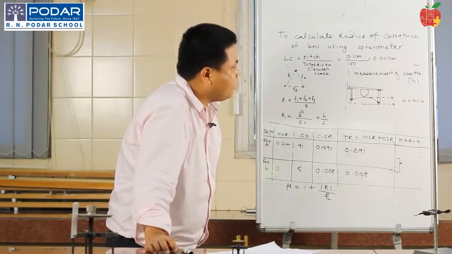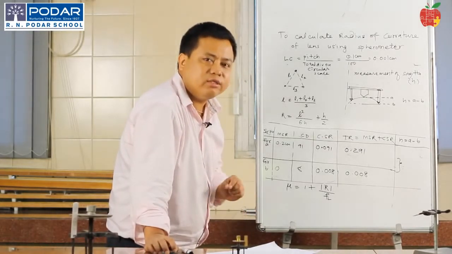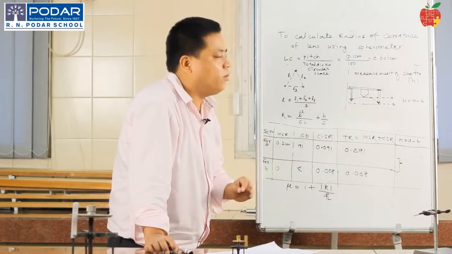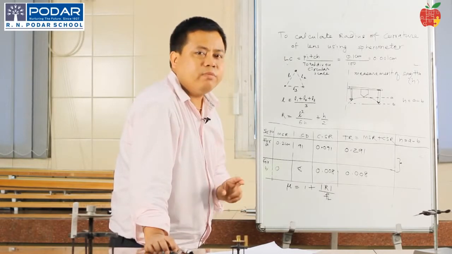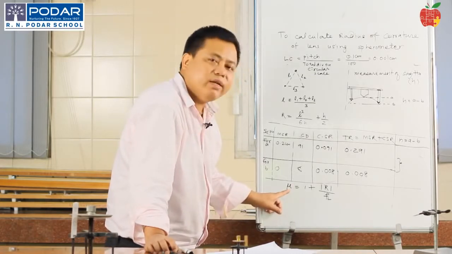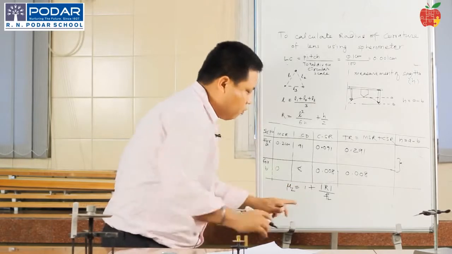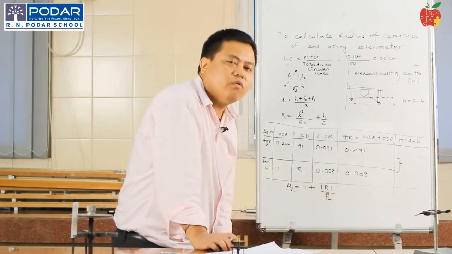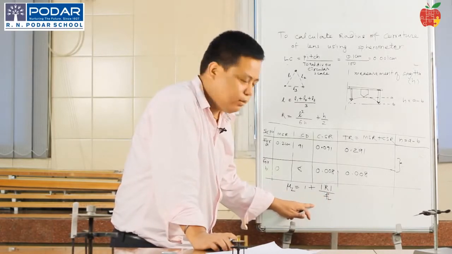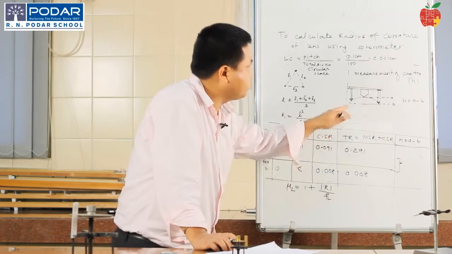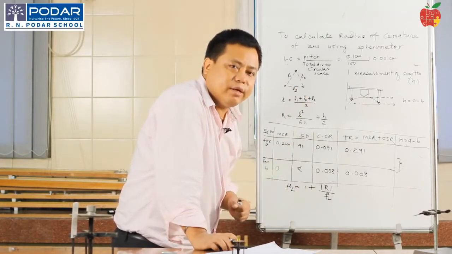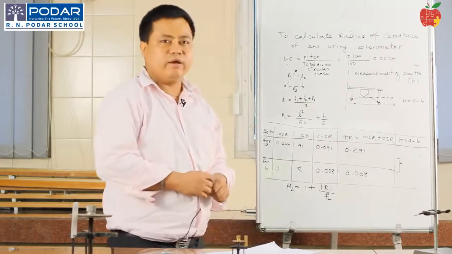And then how to calculate the refractive index using all this knowledge? Remember, in the previous readings, we calculated the focal length of the liquid lens. The aim of the experiment is to calculate the refractive index of the liquid. We calculate the refractive index by using this formula: 1 plus the radius upon the focal length of the liquid lens. This comes from the lens maker formula. So put in the value of R obtained from the spherometer readings and the focal length of the liquid from the previous reading, and you'll get the refractive index of the liquid. Thank you.